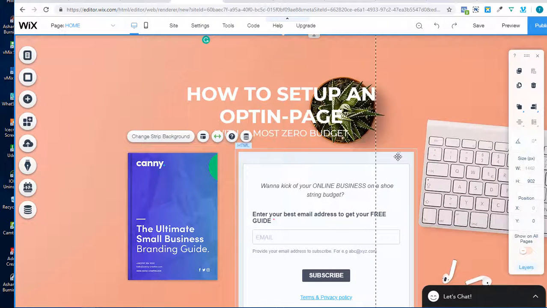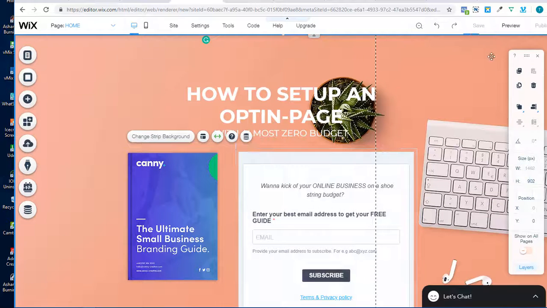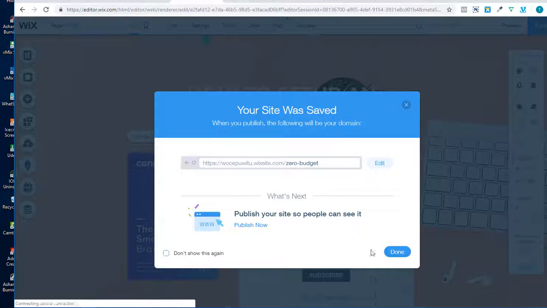Now why I said almost zero is because you're going to be using your data to do this. So if I save, this is the site, and I can now call it zero-budgets. Okay, and then save. That's it, saved. So that's just the entire project we've been working on. So I can now say done,